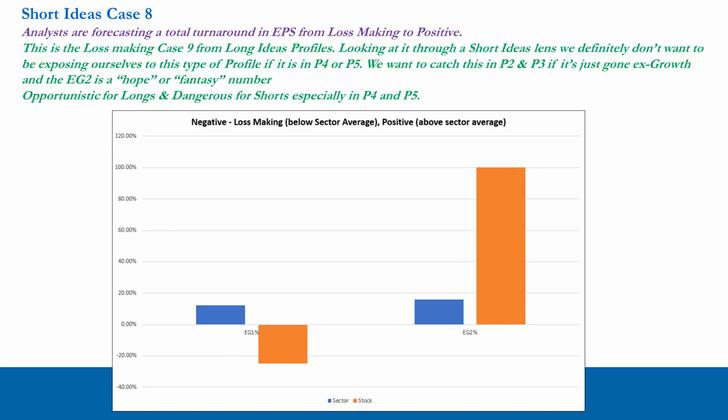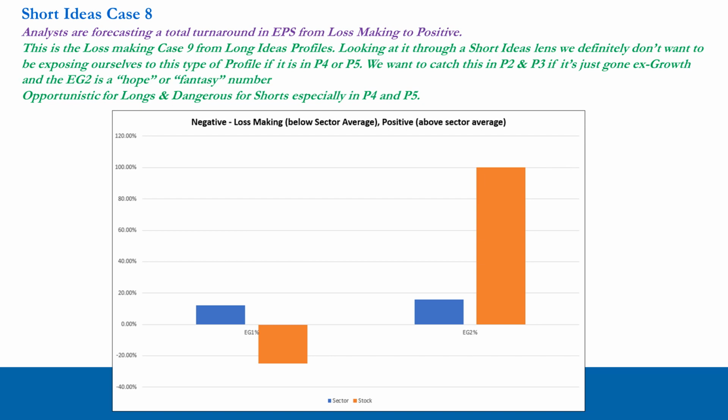If a stock exhibits this profile and it's been down quite a lot, and it's in phase 4 and phase 5, and it's been there for a while, we have to admit to ourselves that we are arguing with the market regardless of the phase that we're in. But if we are going to expose ourselves to something like this, we want to be making sure that it's much higher probability. So we want to be catching something like this in phase 2 and phase 3.